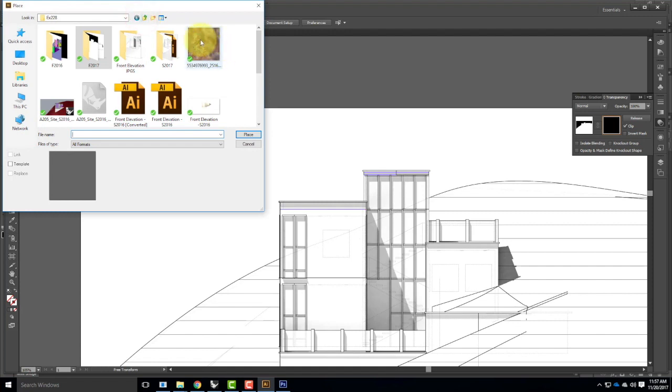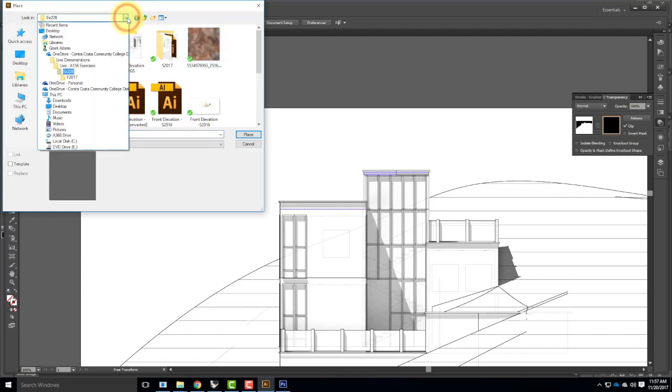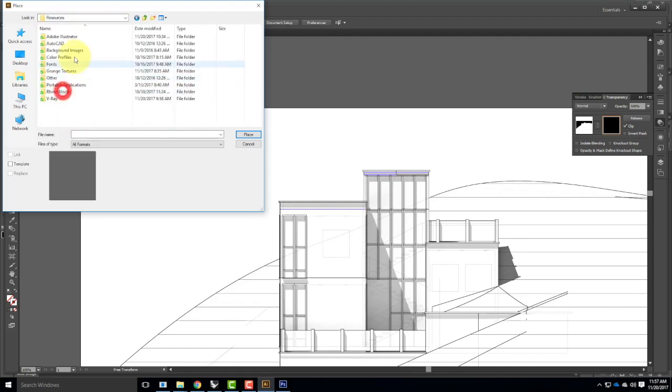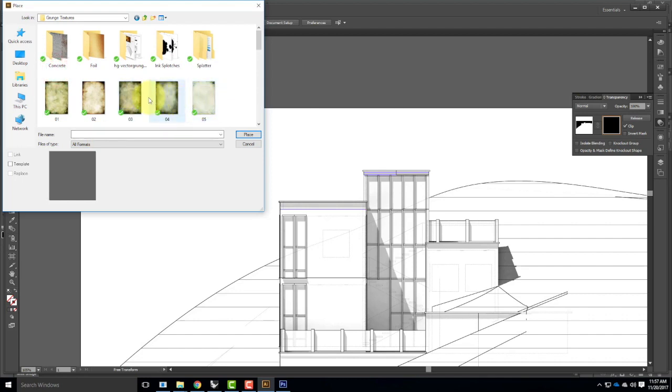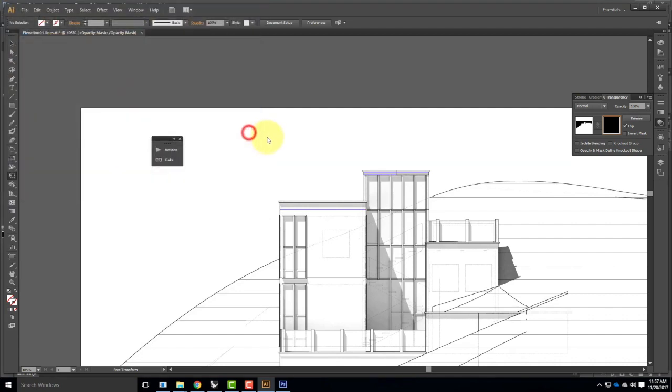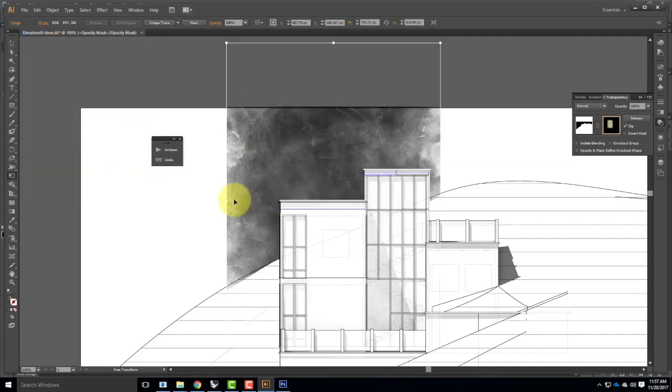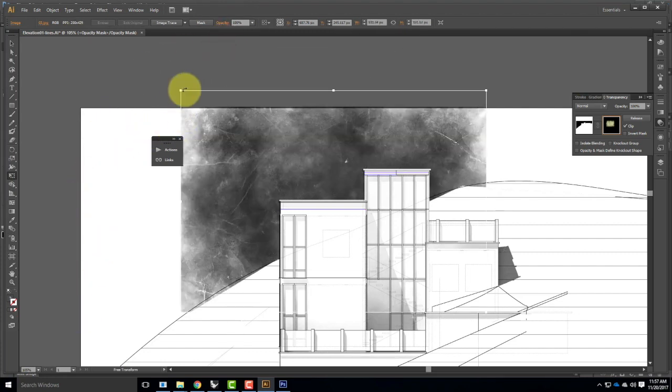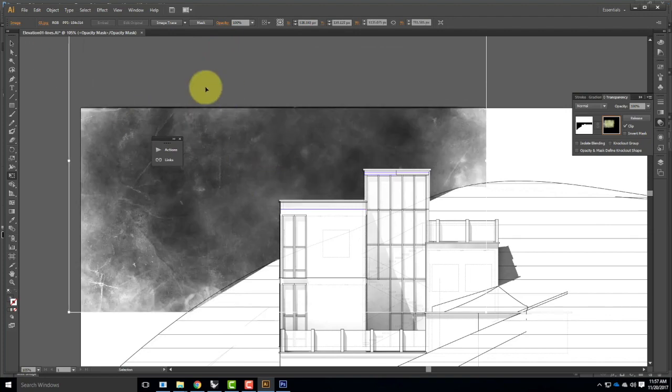If I lost you a little bit, no worries. It is written out in the steps if you want to do it. You don't have to. Just this with the shadows is more than enough. Let me go into my resources here, and I have grunge textures already saved, and I'll drop in one of these grunge textures as a background. Just gives me a little bit of background. Let me rotate over a little bit, make it a little bit bigger here,